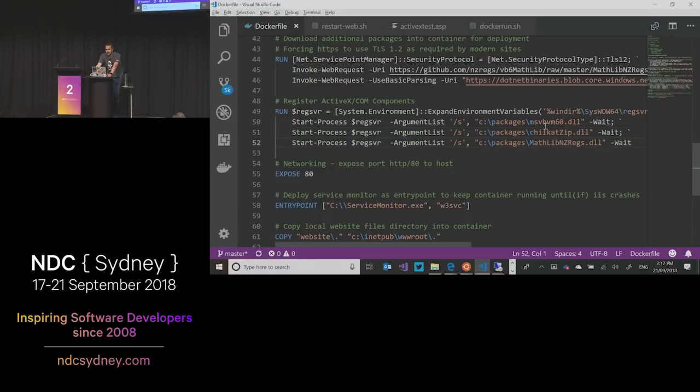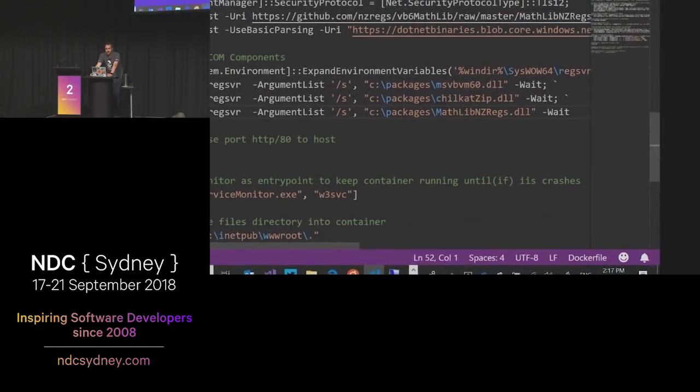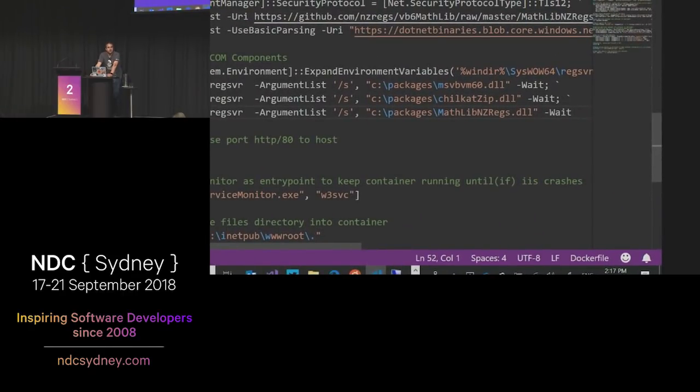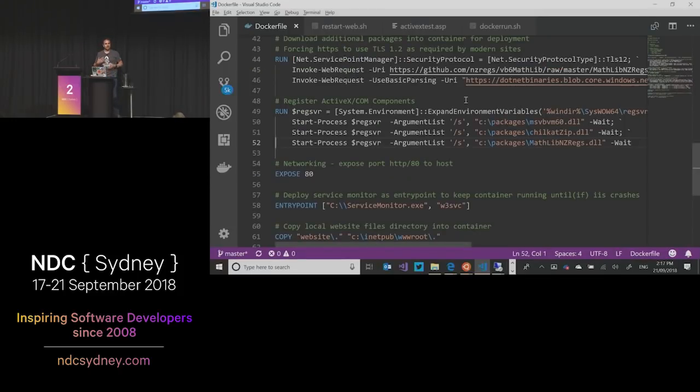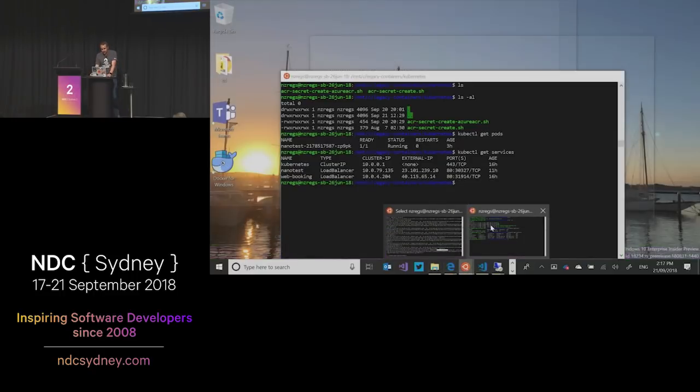So that's registering that MSVB DLL, which is required because this stuff was written in VB6. And it's registering my DLL with regsvr32. So it's running that inside the container as it builds. So now what I can do is go back,